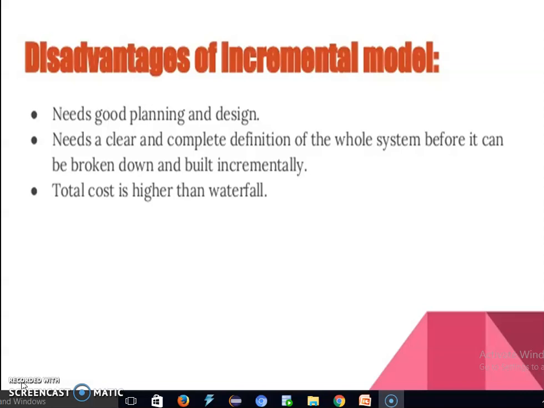Now, examples of the waterfall model are college library system software, accounting packages, etc. And an example of the incremental model is a big system that might need new hardware that may be under development.